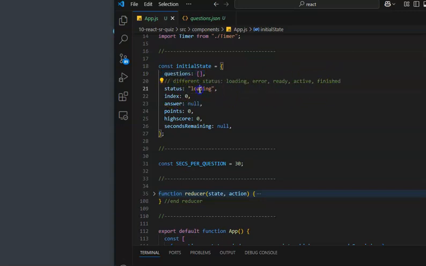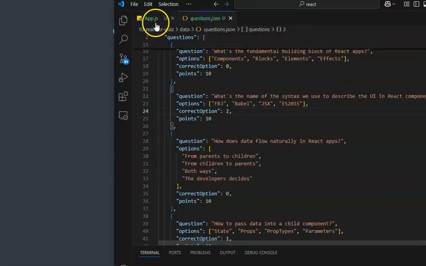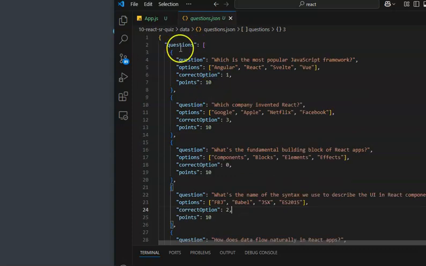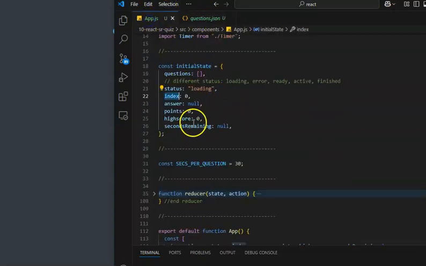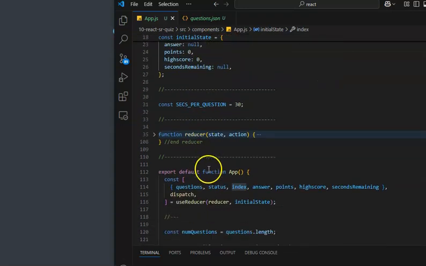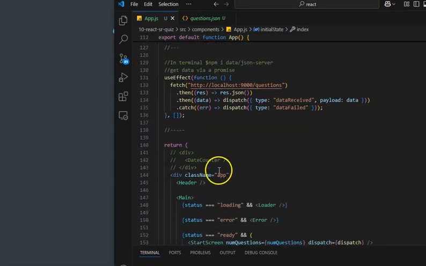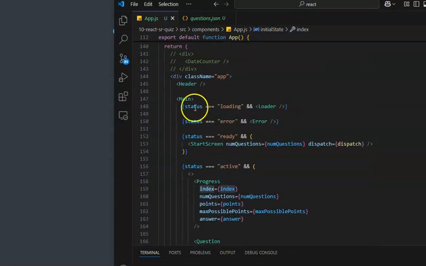Right now the status is loading. Then there's the index, which is the number of the question, the index within the JSON node here. And then we've got the answers, null, points, high score, and seconds remaining. That has to do with the timer. So essentially here we're rendering a main, which is part of the UI, and then if the status is loading,